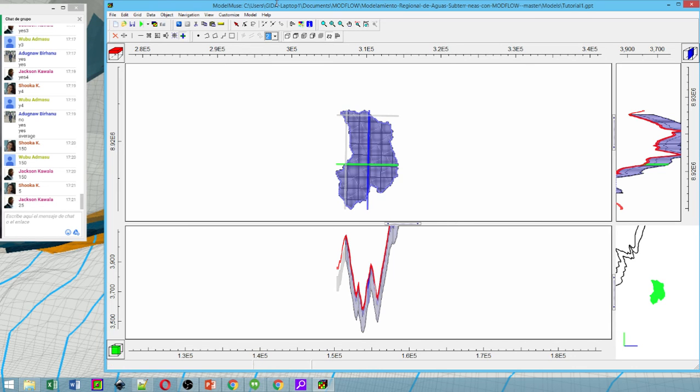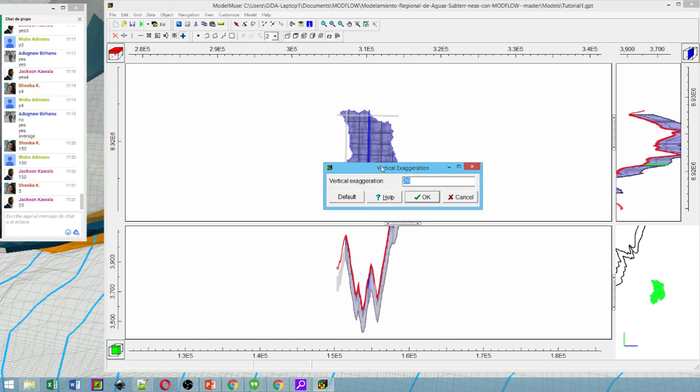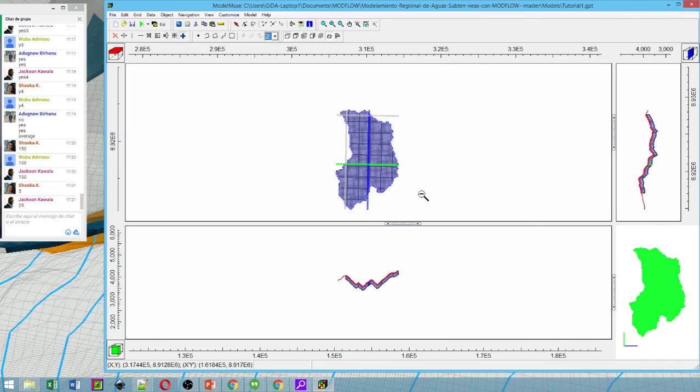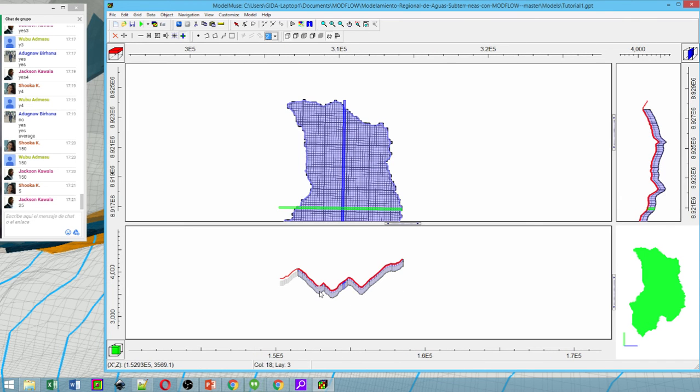So we go to view, vertical exaggeration, and then we have to put it 3,